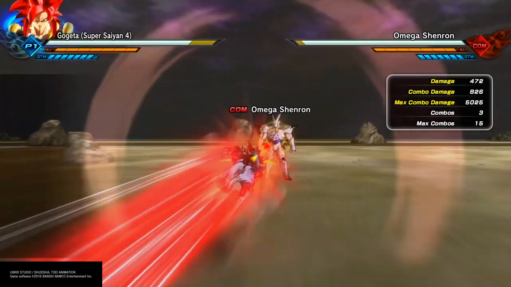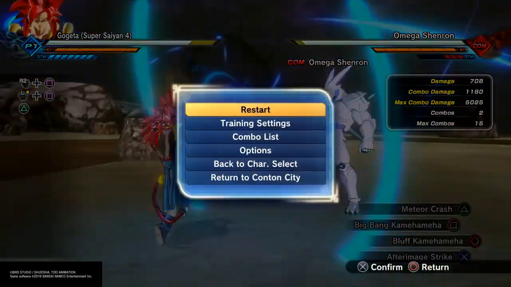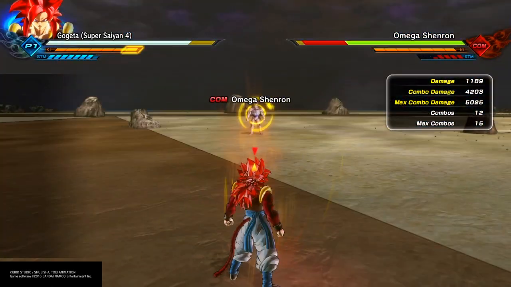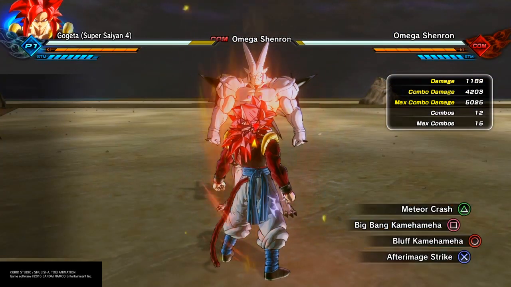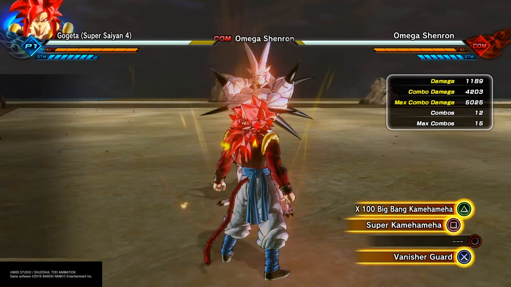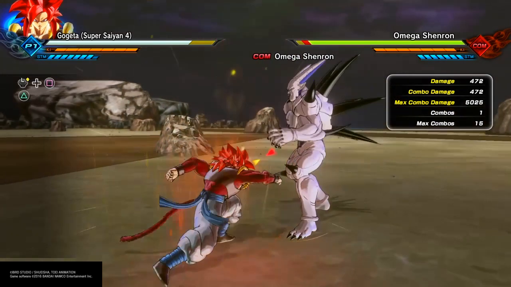Oh, wrong thing. There we go. So you do like this, do 3 charges. As you can see, the combo numbers have clearly disappeared, which means he's no longer unable to move, so he can just go right behind me at that time, which is what would actually happen in PvP. So what you want to do if you're going to use Big Bang Kamehameha after a light stamina break, you have to do it like,